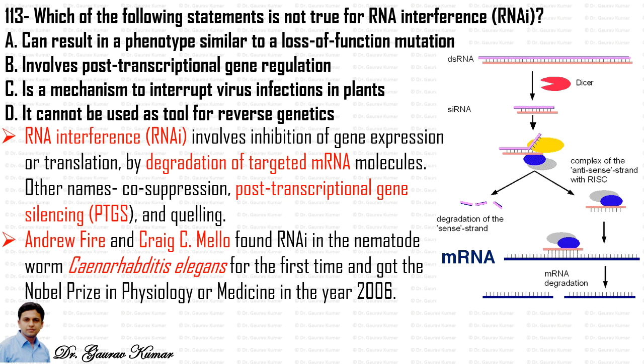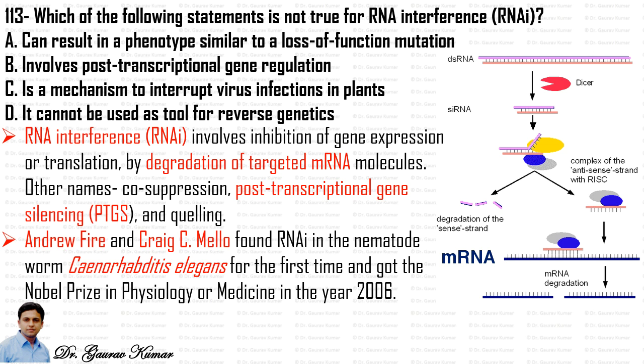So on the right hand side you can see the figure representing the RNAi mechanism, in which a double stranded RNA is attacked or cleaved by the dicer molecule, which is an endoribonuclease, into small interfering RNA that is then recruited by the RISC complex, the RNA induced silencing complex, and this is accompanied by the degradation of the sense strand. The complex then goes with the antisense strand and then binds to the mRNA for its